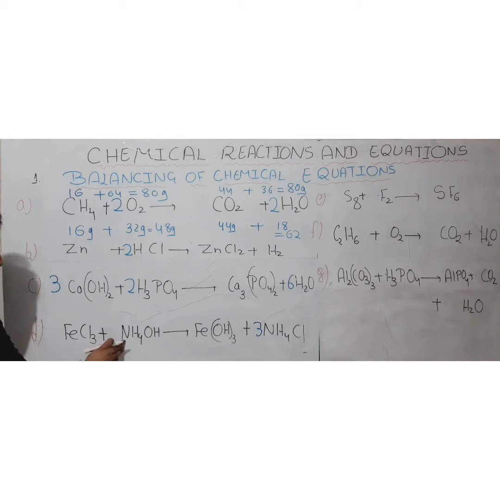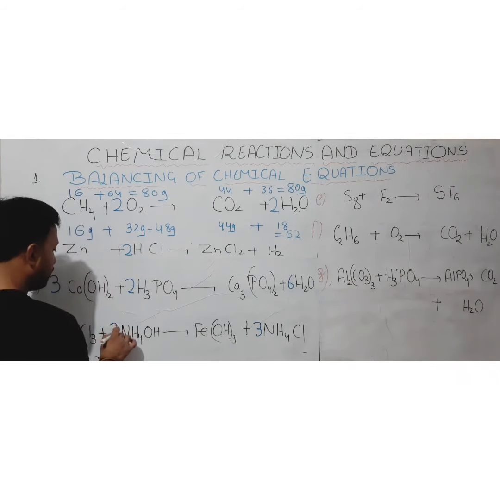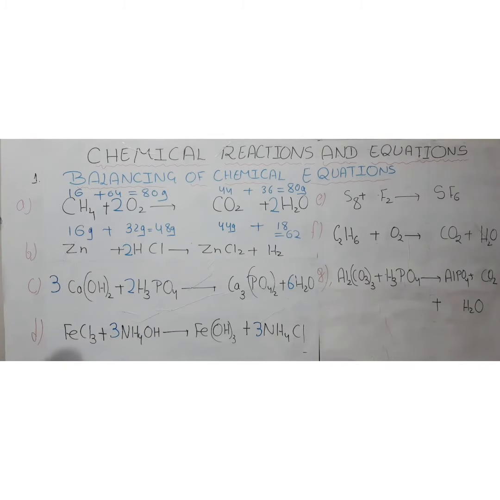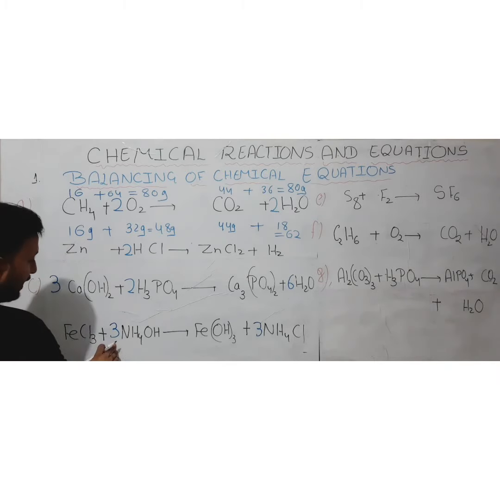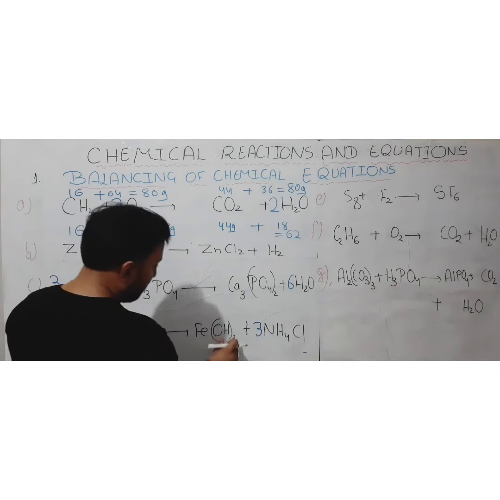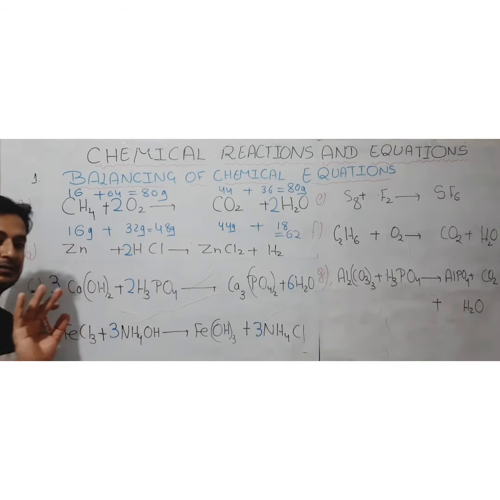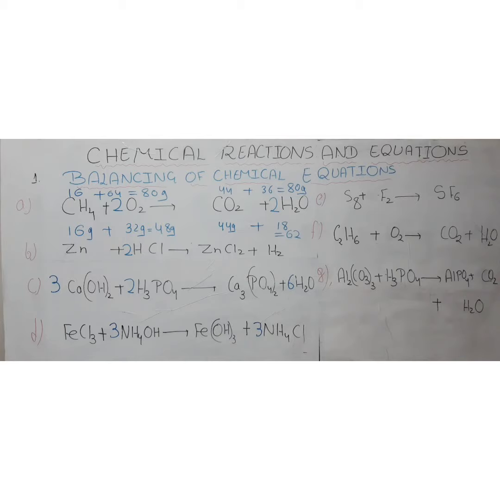Now let's see nitrogen. Nitrogen is 1 here, but when we put 3 here, nitrogen becomes 3. So we need to put 3 here also to balance the nitrogen atom. Now we move to the oxygen and hydrogen. So let's check hydrogen first. Hydrogen here is 4 plus 1, total 5. 5 is a multiple of 3, we have put the coefficient 3 here, so it becomes 15 hydrogen. Let's see here, 3 hydrogen here, and 3 into 4 is 12, 12 plus 3 is 15. So hydrogen is already balanced. Okay, so no need to put any coefficient down.